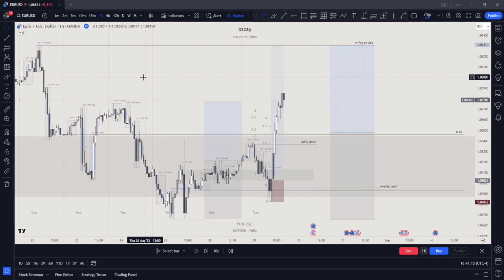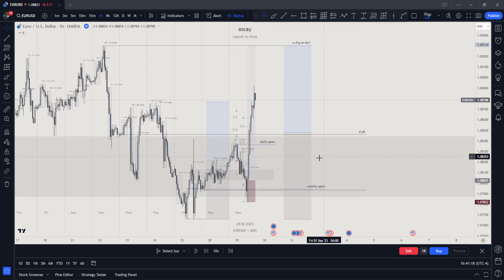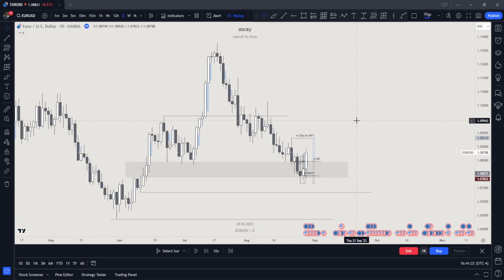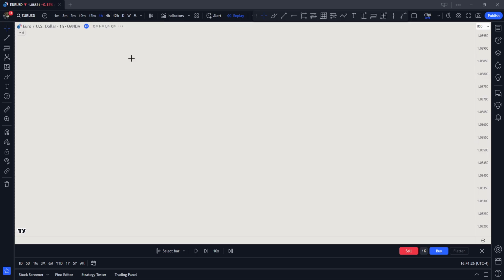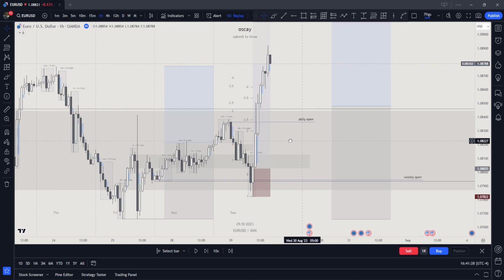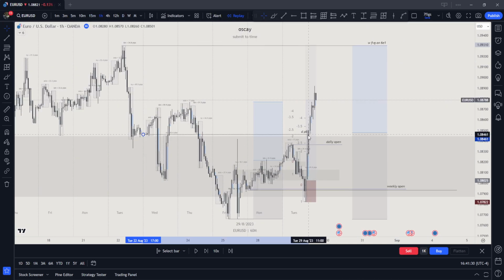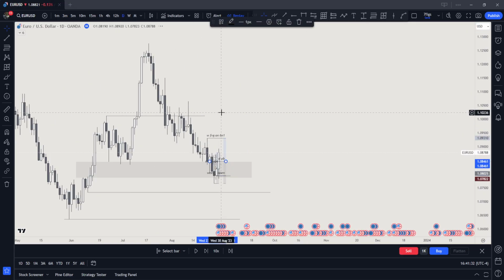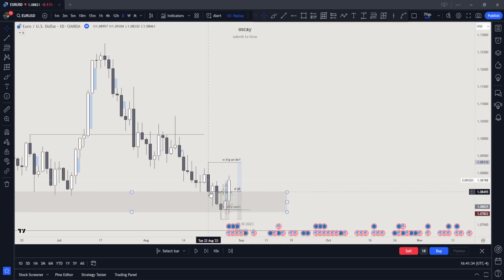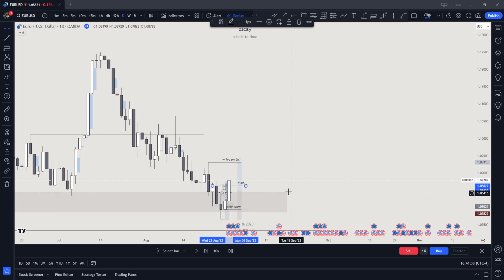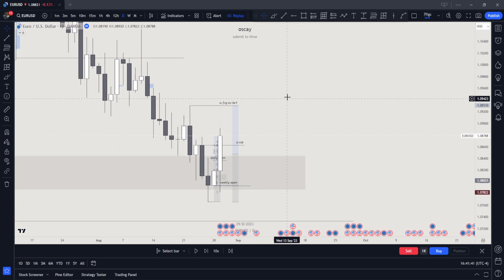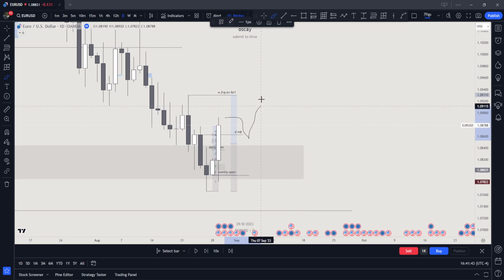If we are to go, man, all these drawings. Let's see. So our first area of potential rejection did not mess us over. So that's going to become an inverse mitigation block. Daily mitigation block. Unlucky propulsion block. You got wrecked. So open, low, high, close.